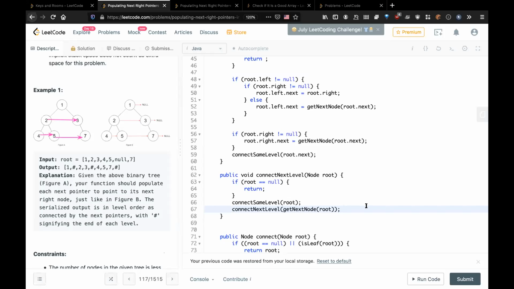So get next level non-null node. Let's be very specific. Yeah, sure. What Santosh is saying is happening in line 59, I believe. Yeah, 59 is the linked list traversal, kind of. Right.